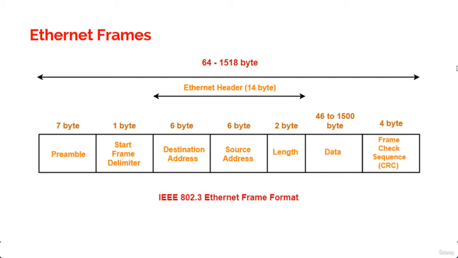Now the preamble is 7 octets, right? And the start of frame, that is SOF, is 1 octet. The SOF is always set to 10101011, where the last pair of ones allows the receiver to come into the alternating 1-0 pattern somewhere in the middle and synchronize the data and detect the beginning and ending of the data.